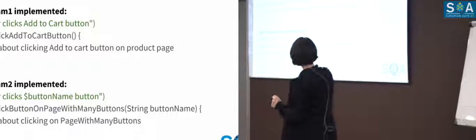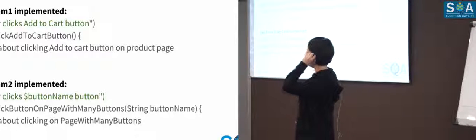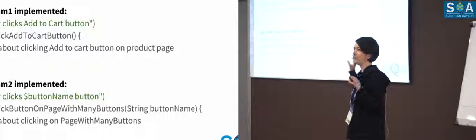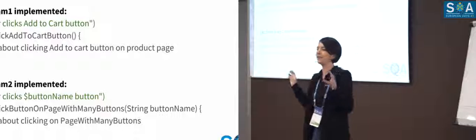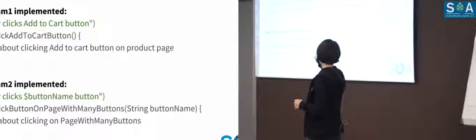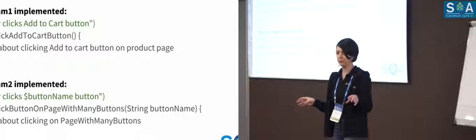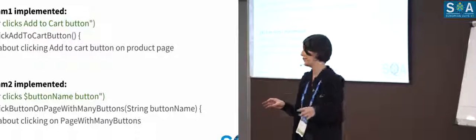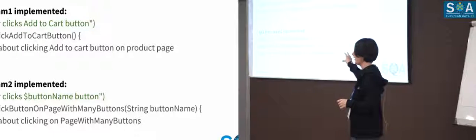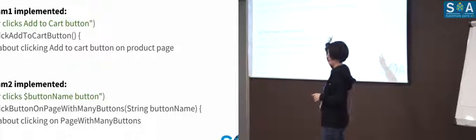The right answer: in the same framework, another QE from another team implemented another step that is clicking some buttons on some page, but since we have a lot of buttons on the page, it was implemented as a step with a parameter, button name. But this QE number 2 has the same fantasy as QE number 1, and that's why the step sounds the same, with the only difference in this parameter, button name, Add to Cart. So